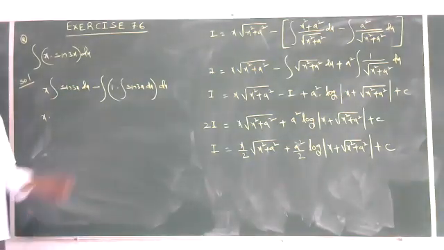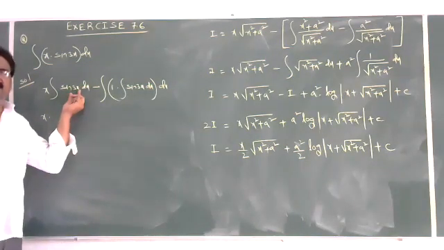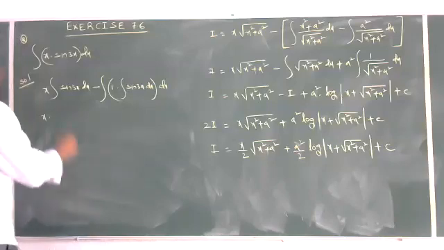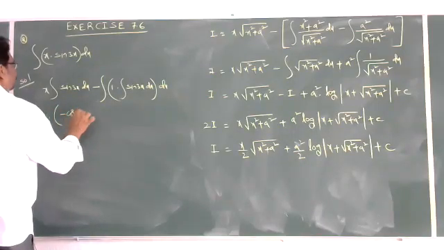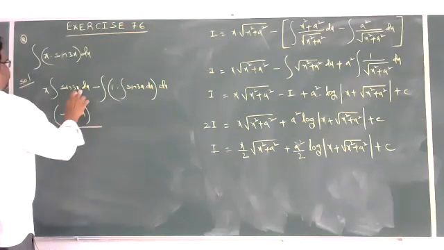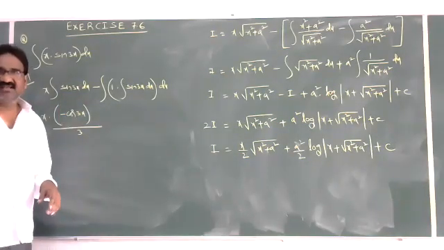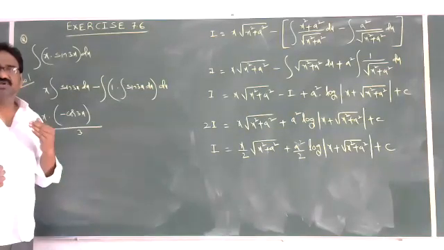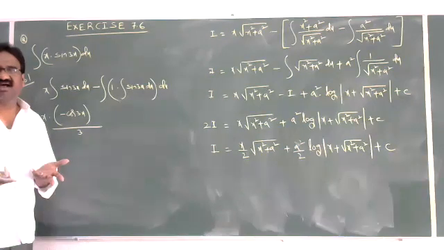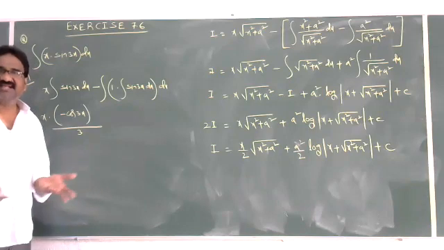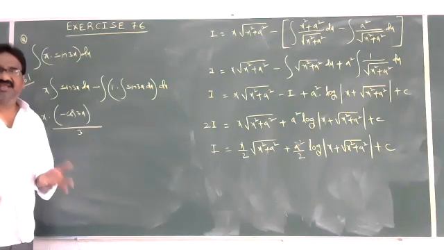Here we treated 3x as x, using the chain rule, so we treated it as sin x. What is the sin x integration? Minus cos x. That is minus cos 3x by 3, you write the derivative of 3x, which is 3. In integration, this is the chain rule. For example, if you consider 3x as t, that is the substitution process, and you get another 2 or 3 steps extra. Directly you can use the chain rule in integration. You can practice that. That is very, very important. You can reduce the steps.